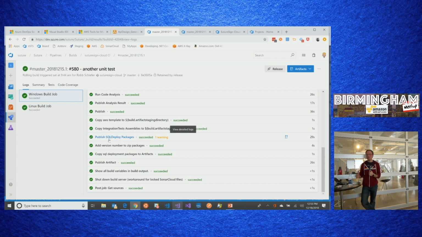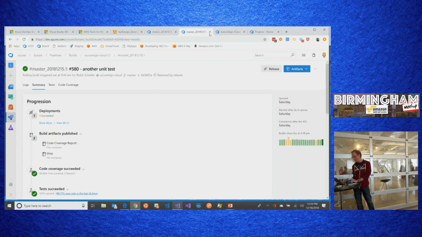We use a tool called SQL Deploy, which is built on top of MS Deploy for SQL Server deployments, because that's automated as part of our process as well. We set the version number, and we copy all of our CloudFormation templates into the artifacts. We zip up all of the Lambda code into zip packages, and we put that in the artifacts here at the bottom. And then when we get into the release pipeline,